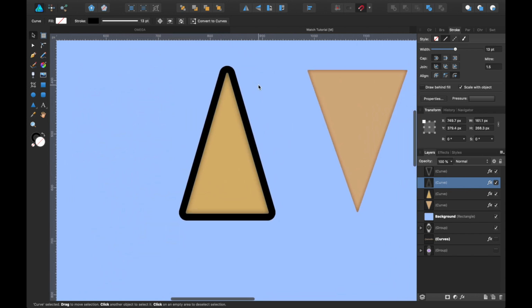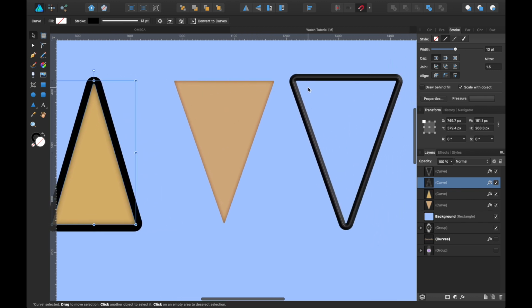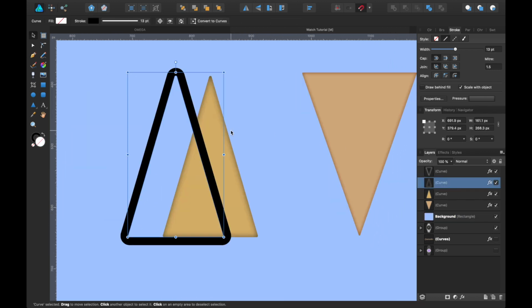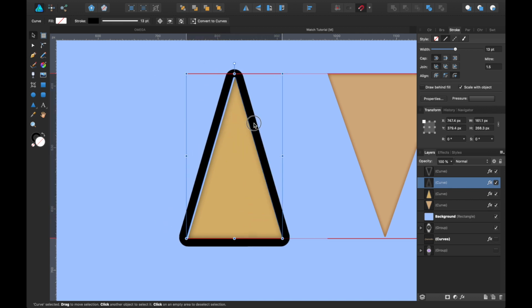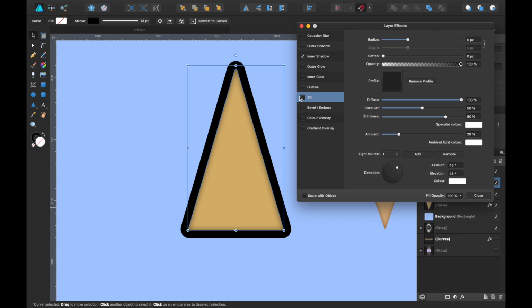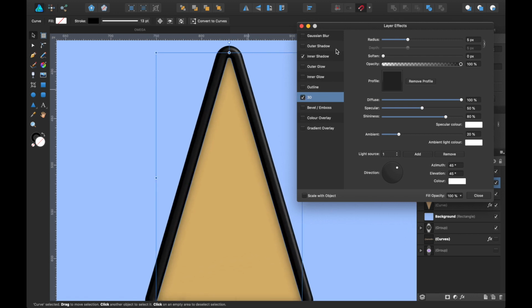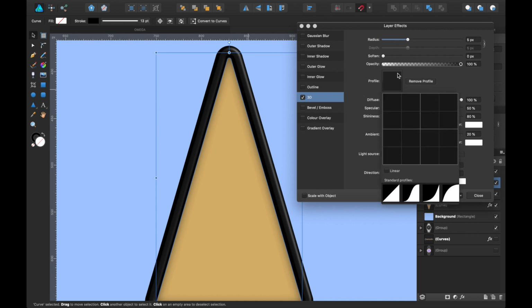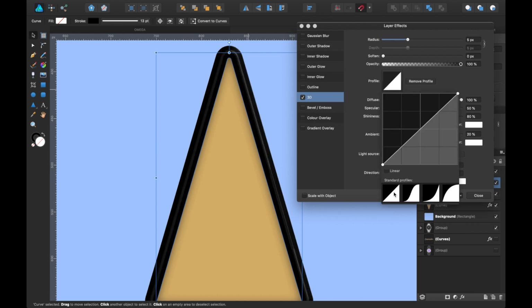Now all I have to do is make it three-dimensional like this one. So we're going to make sure our stroke is the one selected. And let's go down to Effects, 3D, and turn the inner shadow off of this one because we just want 3D with the stroke. And we're going to choose a profile like that. That's the profile because it gives the edge.